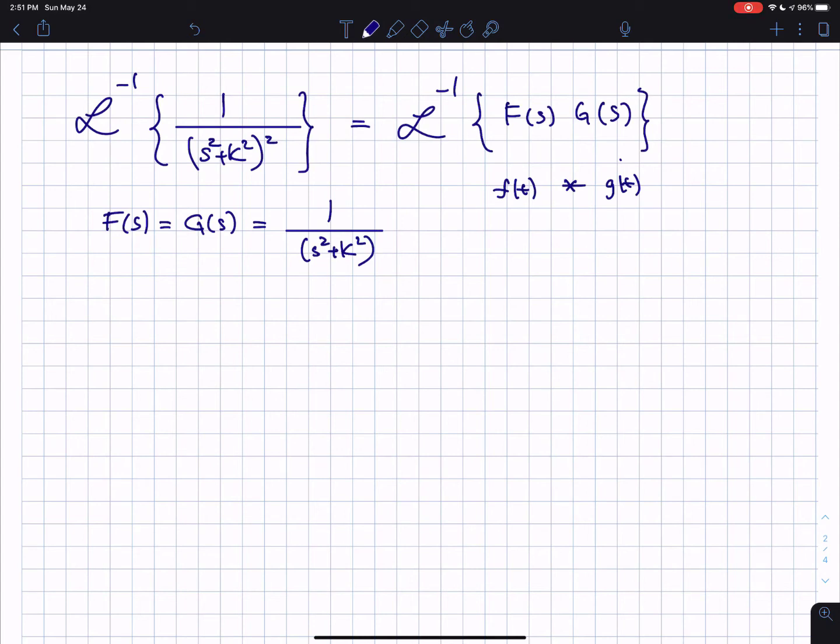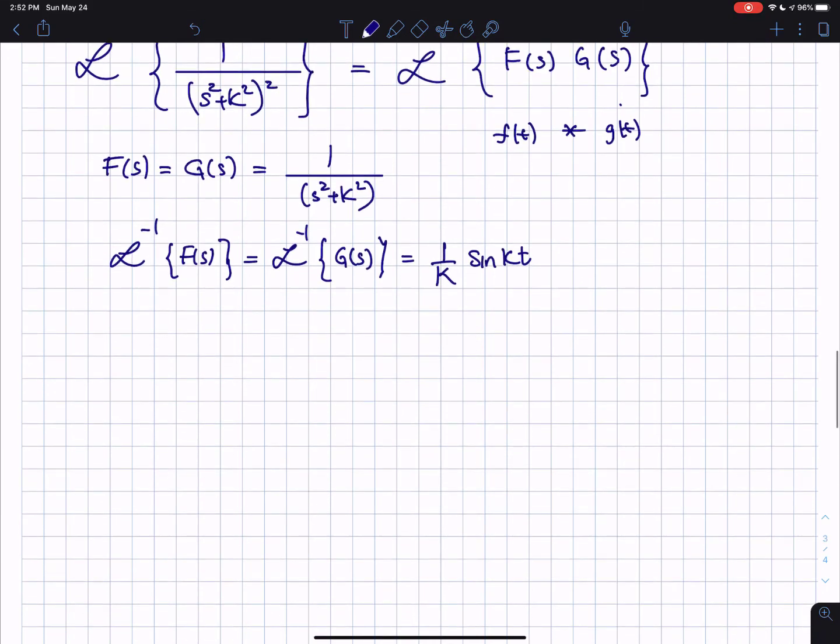So the Laplace inverse transform of 1 over s squared plus k squared is 1 over k sine of kt. So the Laplace inverse of f of s, which is equal to the Laplace inverse of g of s, is 1 over k sine of kt. So that's my Laplace inverse transform of each one of those. So by the convolution theorem, the Laplace inverse of f of s times g of s,